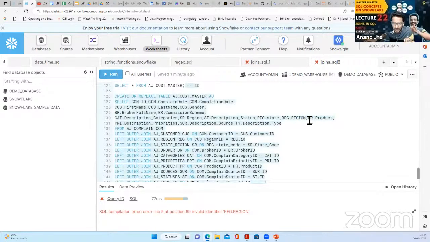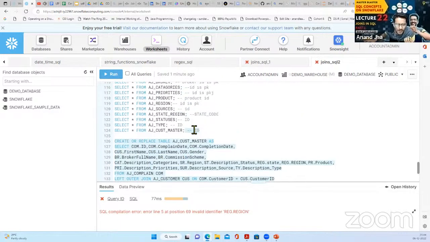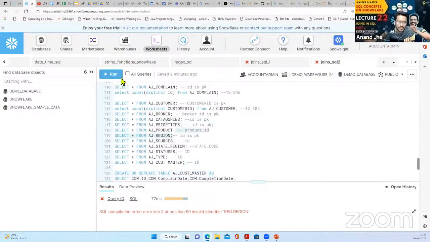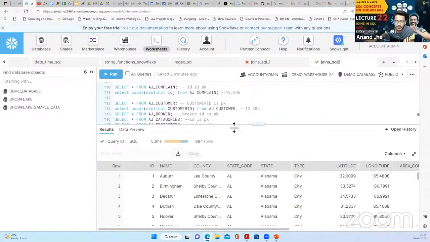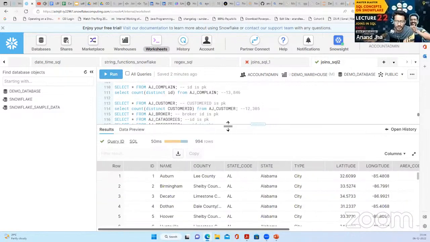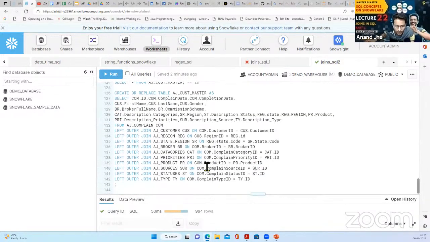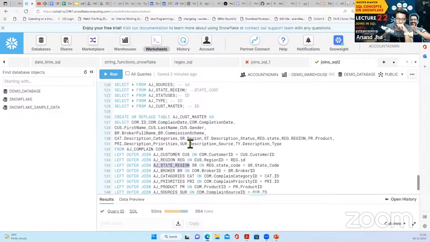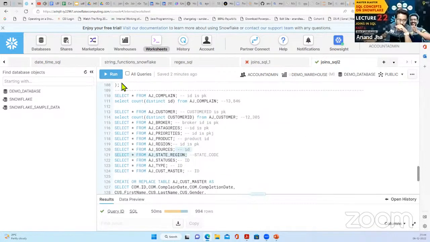रेग डॉट रीजन क्यों नहीं आया, रीजन ही तो है। देखो जरा, रीजन में क्या है, कंट्री स्टेट कोड, अच्छा इसमें नहीं है, ओके। रेग मेरा कौन सा है? रेग इज रीजन, ओके। तो रीजन किससे आ रहा है, रेग डॉट स्टेट, अच्छा स्टेट रीजन से आ रहा है, ठीक है। तो लेट मी चेक।